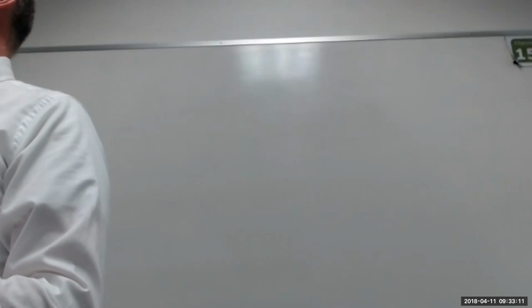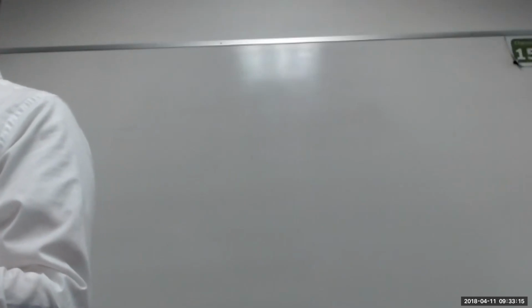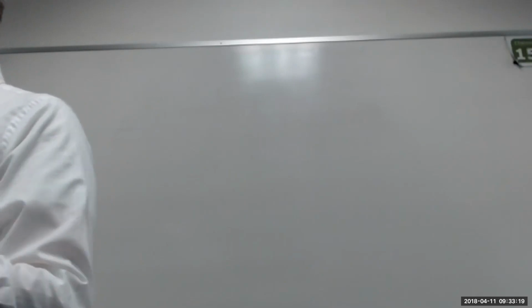This came up in my other class. I've already posted the video. Somebody asked me about a confidence interval for 2 population standard deviations. If you look on your formula sheet here, there is no confidence interval for 2 population standard deviations. It's on the video.